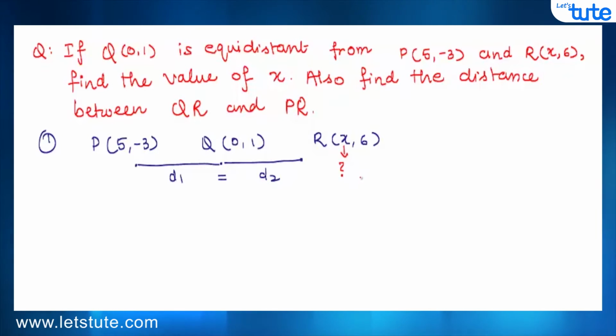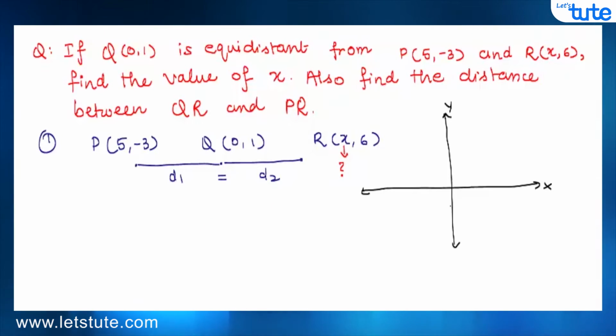Okay. So let's understand this scenario with the help of a graph. So this is our coordinate axis and this is our origin. And we need to plot the points given to us. So let us start with the point P. It is having x coordinate as 5. So somewhere let me plot point 5 on x-axis. And we have minus 3 as the y coordinate. So let me plot somewhere here as minus 3. So our point P should be somewhere here, right? This is our P, 5, minus 3.